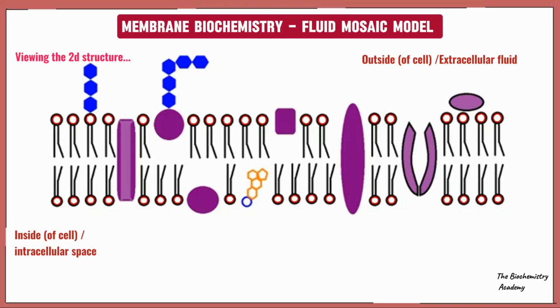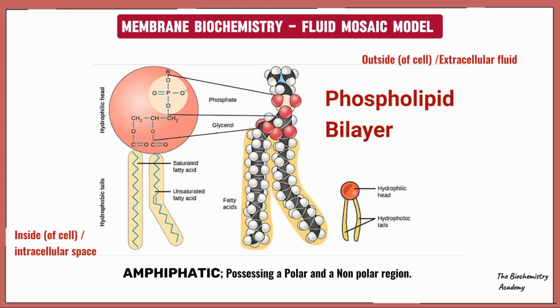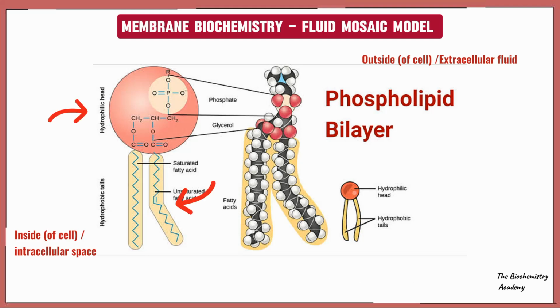Now, the membrane is mainly composed of phospholipids. Now, these phospholipids are amphipathic. When we talk about amphipathic, we mean that it has a polar region and a non-polar region. Now, the head of the phospholipids is polar, meaning that it loves water, meaning that it is hydrophilic, and the two fatty acid tails are hydrophobic, meaning that they fear water, they don't like water because